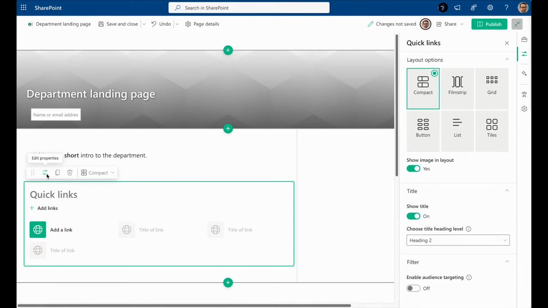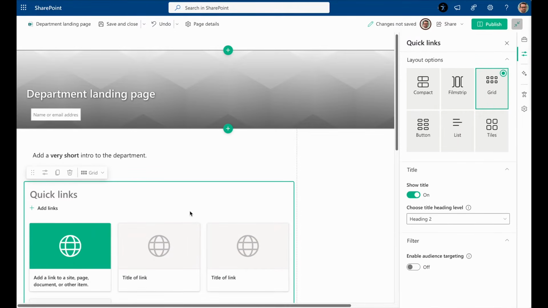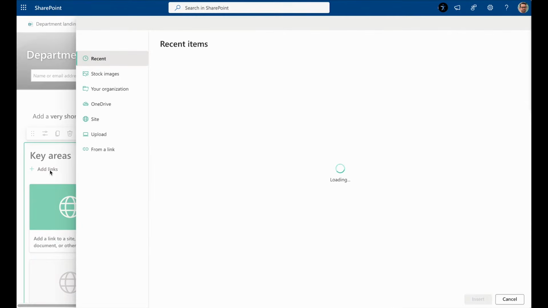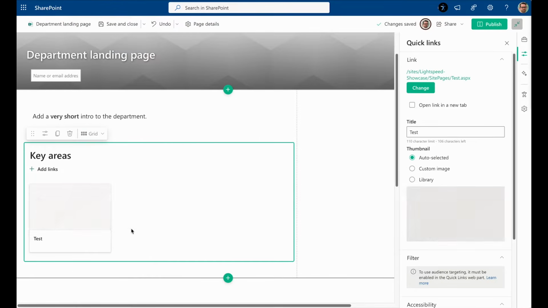and I'm going to change the format of this slightly because we're not expecting lots of links here. We're probably going to just want 3 or so. I'm going to set that to a grid, and then I will put in here key areas. We always want these titles to be consistent across the departments, and I'm going to put in here some example links, because otherwise it will be empty when people start. I want to just link in an example page, and I'm going to put in here add links to key sub pages, etc.